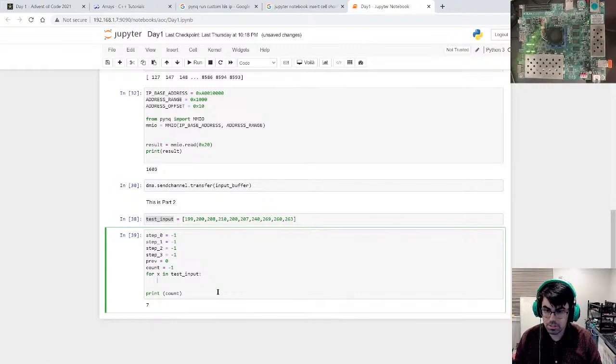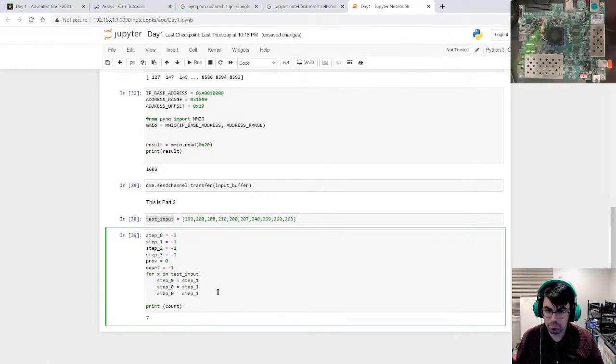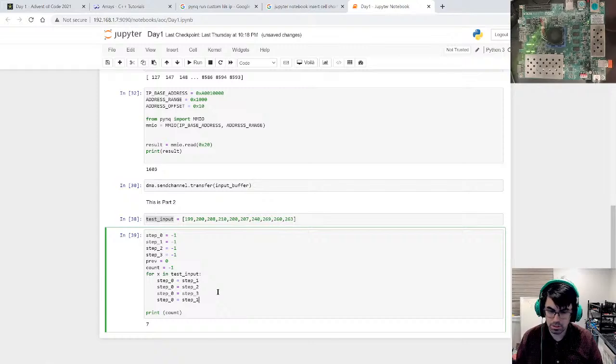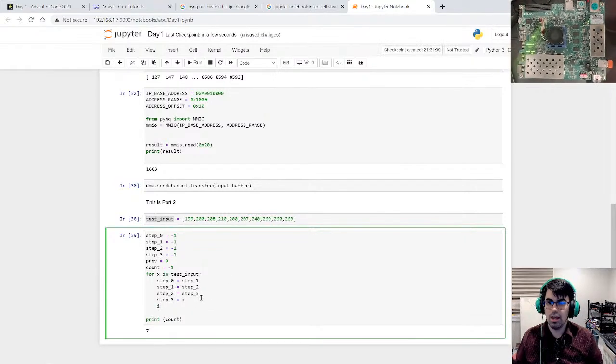Basically we're going to say step 0 is going to be the oldest, and it's going to go step 1, and then we're going to do like a little ring buffer here, or not ring buffer. What am I thinking of? Shift register. We're going to do a little quick software shift register,